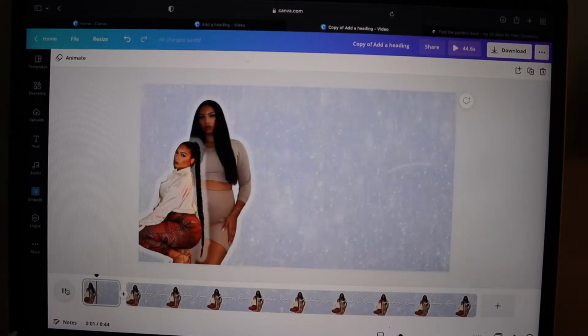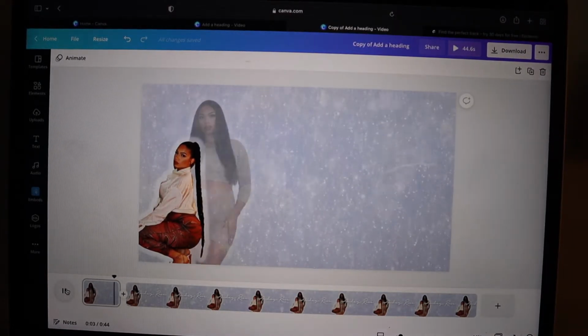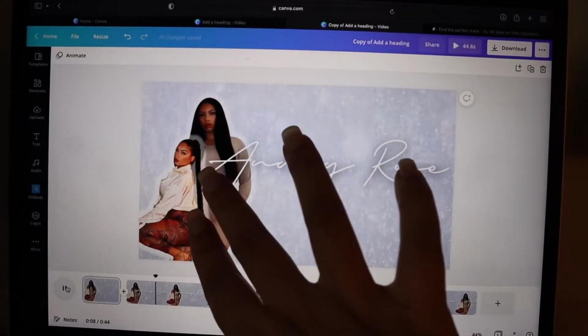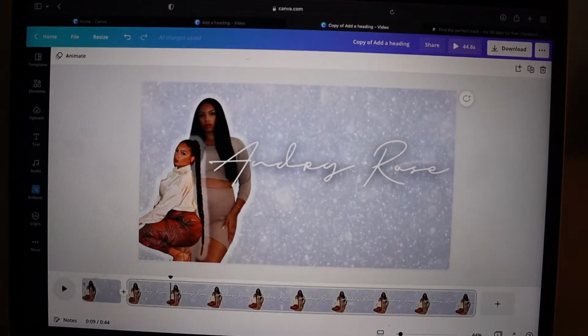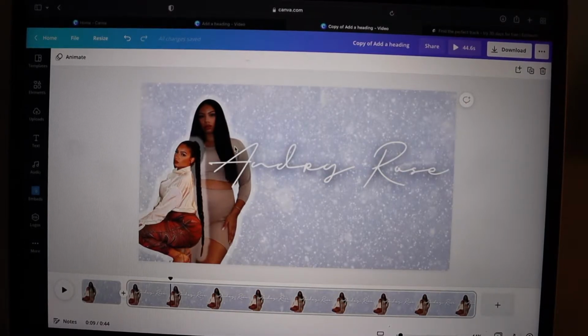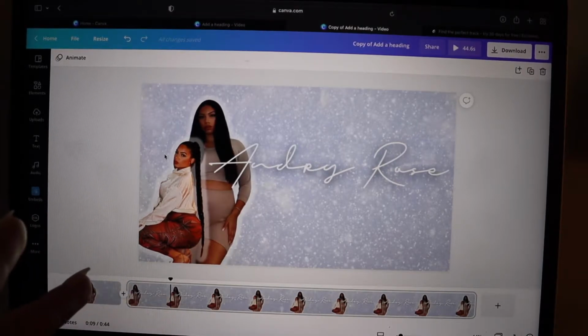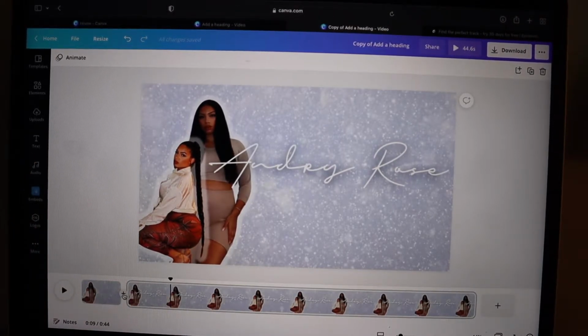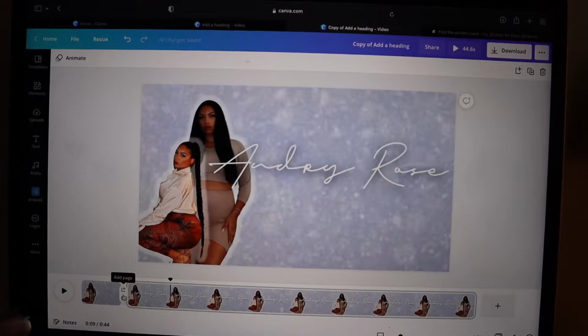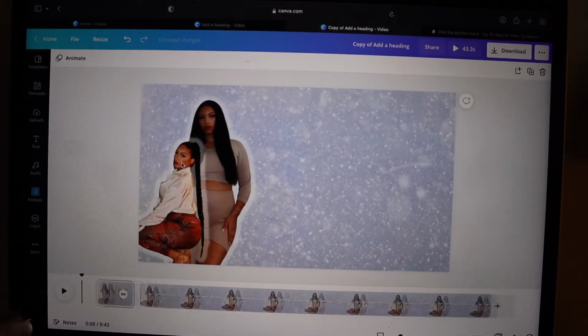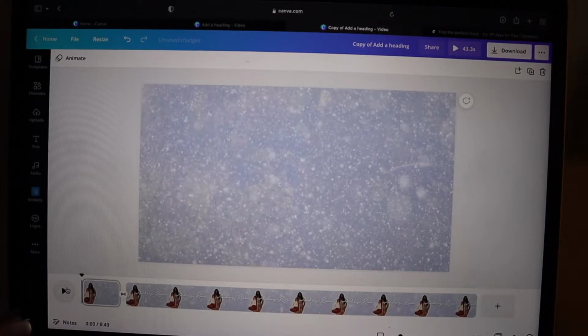So those pop in, and then a few seconds later that pops in, but you see how the pictures went away? I didn't like that, so I really had to figure out how to finesse that in Canva so that the pictures wouldn't go away and then pop back in. So what I did is you go down here to transition, click add transition, dissolve, and I set it to 1.3 seconds, and that got rid of that little